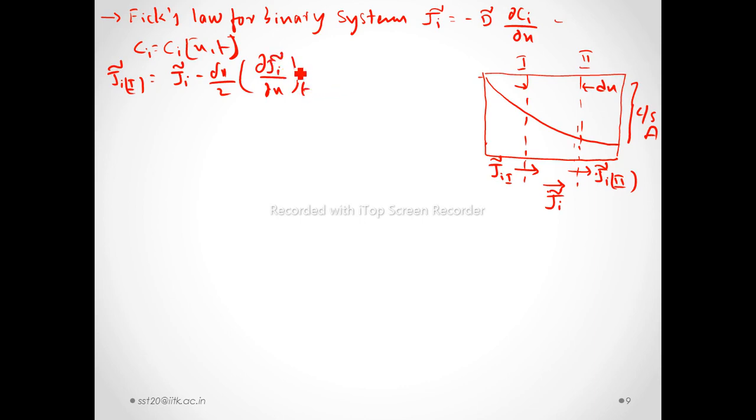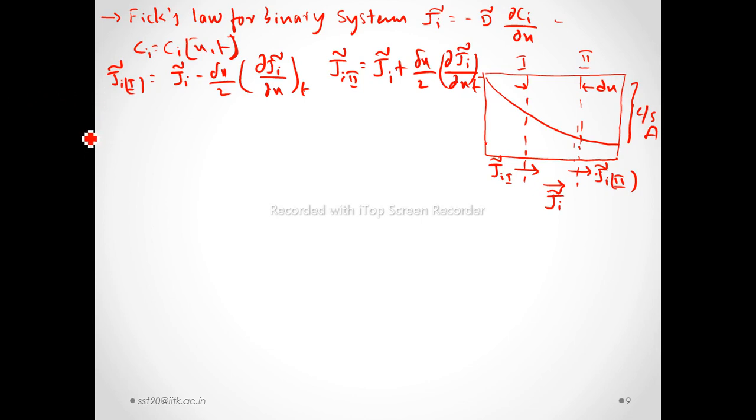and for the second plane, we can write it as ji tilde of 2, that is ji tilde of this one plus del x by 2, with respect to t. Then we can write it as